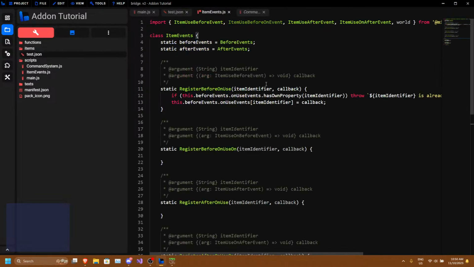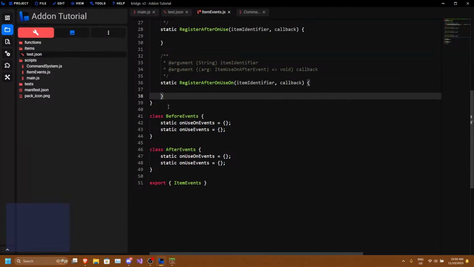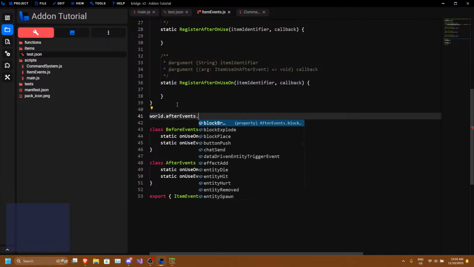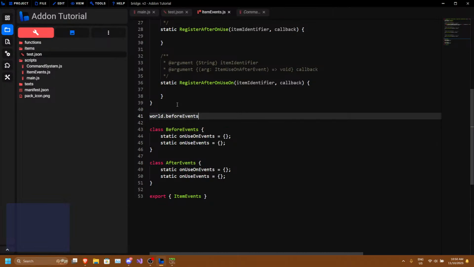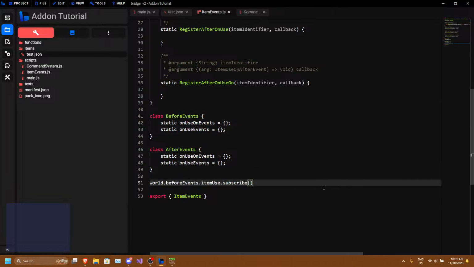Okay, so we'll do. Or dot after event stop. No, before events. We want these before events. Dot item used. Dot describe. These at the top. And we'll say